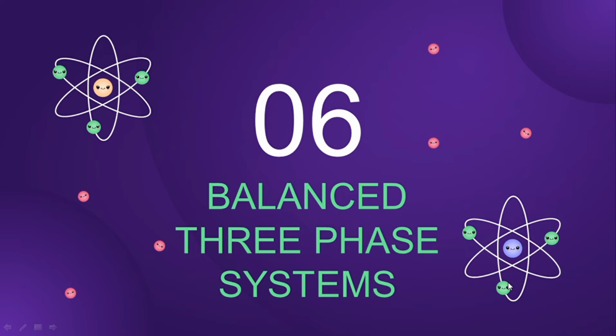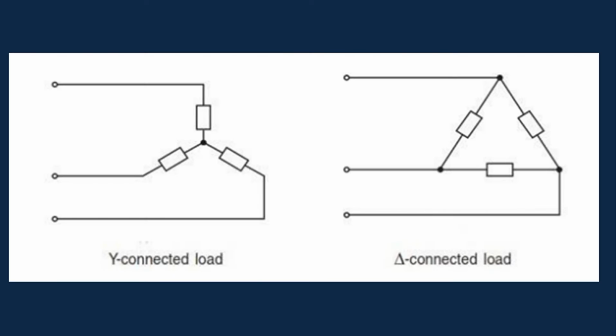There are two types of three-phase balanced load: star-connected load on the left and delta-connected load on the right of the picture. The three-phase load, star or delta-connected, is said to be balanced if the load in each phase is the same. Load in each phase has the same impedance and power factor. If a three-phase load, star or delta-connected, does not meet any one of the above requirements, it is said to